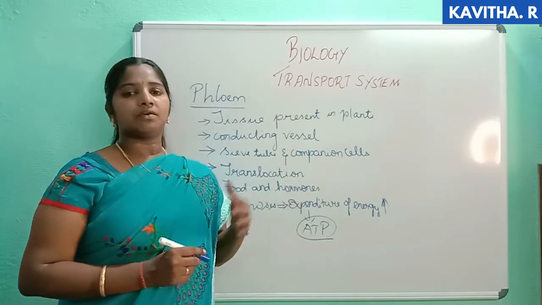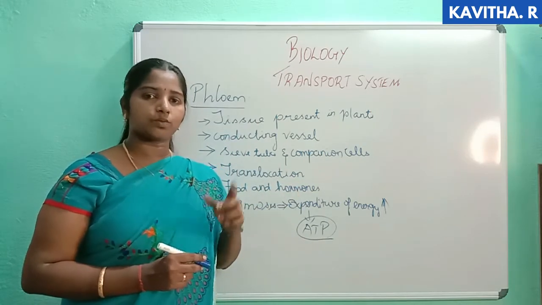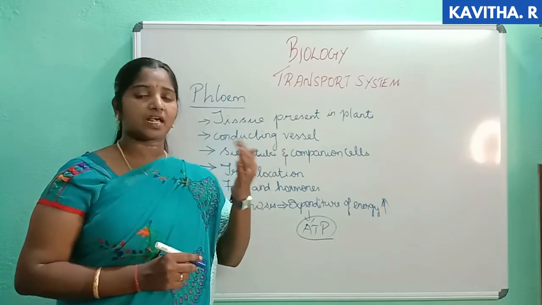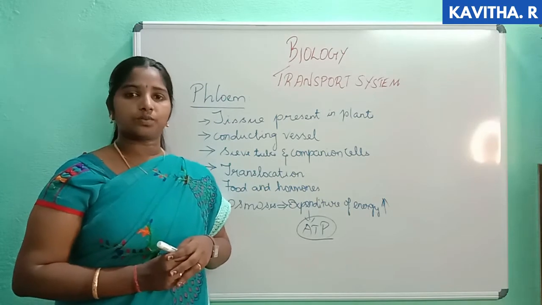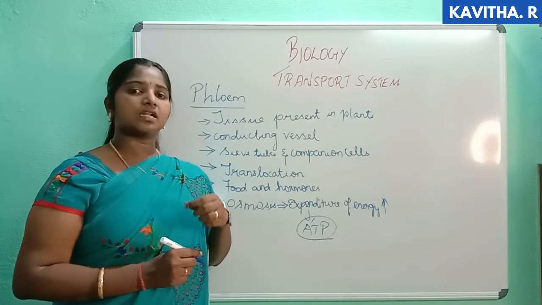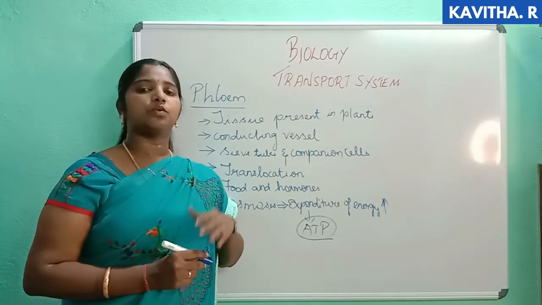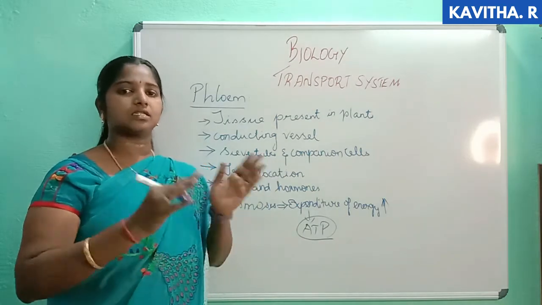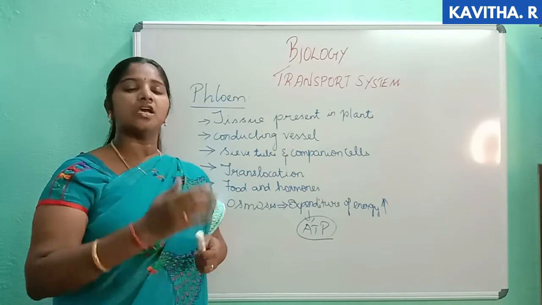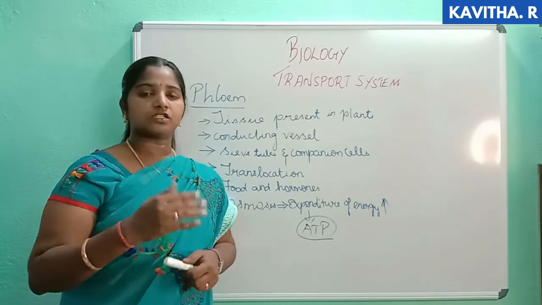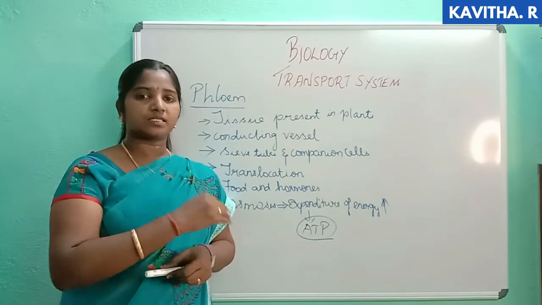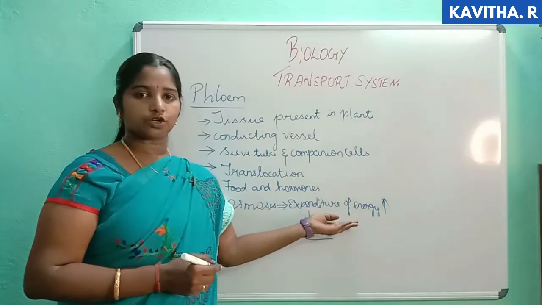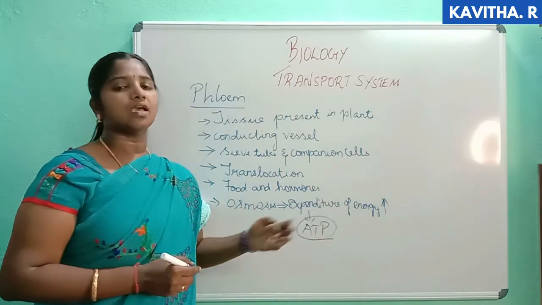And in phloem, we have seen that the direction is not only one side, it is all sides, that is, it can move in the upward direction as well as in the downward direction. Since the food and the hormones are being moved from one part to all the other parts, it is called translocation. The location is being changed, therefore the process is called translocation, and it is carried out by the mechanism called osmosis with high expenditure of energy. The energy molecule is the ATP.